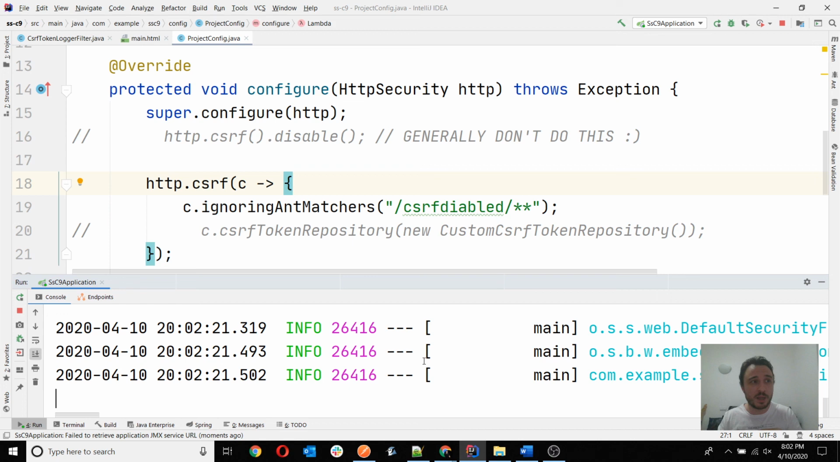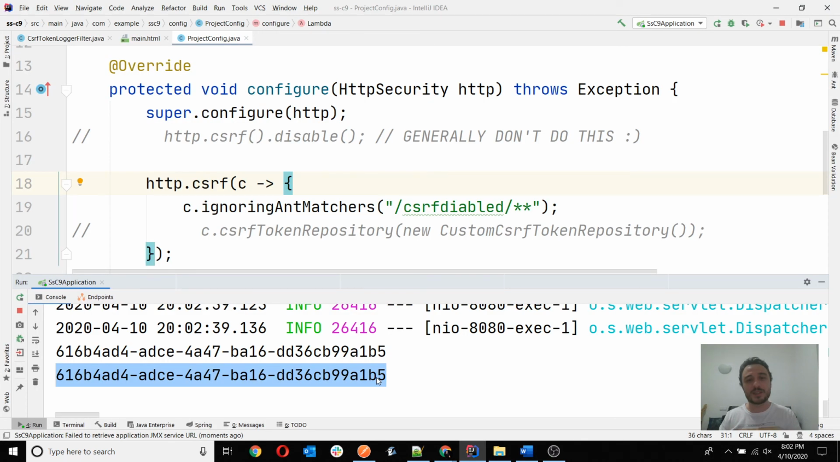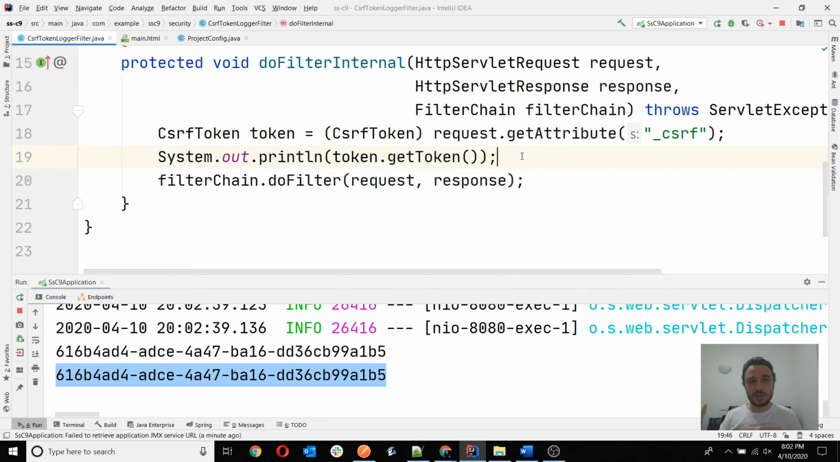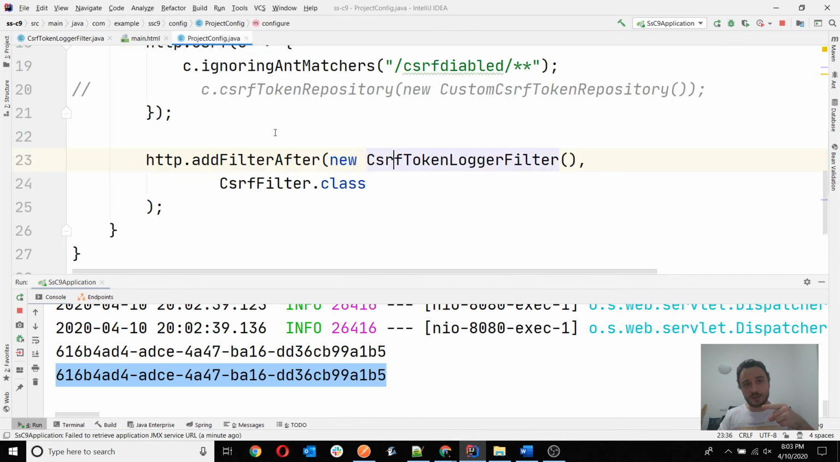So last thing, going back here, I'm calling the page, and I'm going to the console, and here it is. This is the token. So this one was printed by my filter here. And it was printed because I have placed this filter immediately after the CSRF filter in the filter chain. So you can imagine the filter chain, I have a lot of filters. Somewhere is the CSRF filter that takes care of all these mechanisms, and then I have placed my own after. So the CSRF filter generates the token, and then my custom filter here that I have added after the CSRF